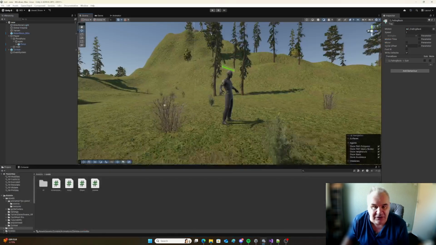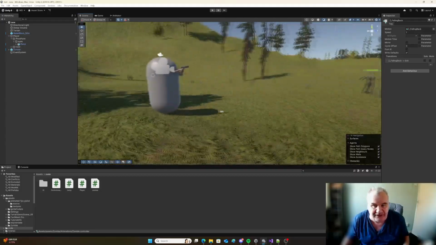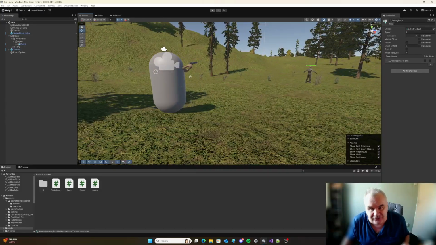So now let's talk about the player. The player is going to shoot the zombie. Now the two parts to it, it's going to be a bit more complicated. I'll see how well we get in this video. But first thing we need to do is this pistol